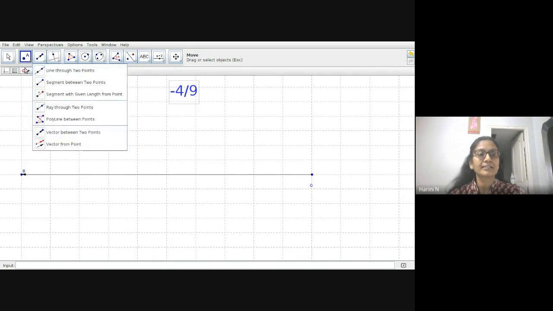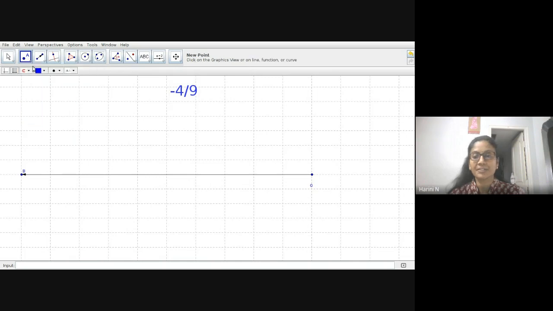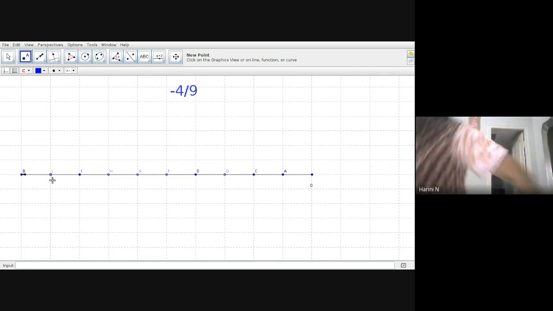So let me select a point here. So this will be my first point 1, 2, 3, all equally spaced. Okay, you can use your scale 4, 5, 6, 7, 8, and this is your ninth division. So that is going to become your 1, right? So mark it, let me see. Mark it quickly.